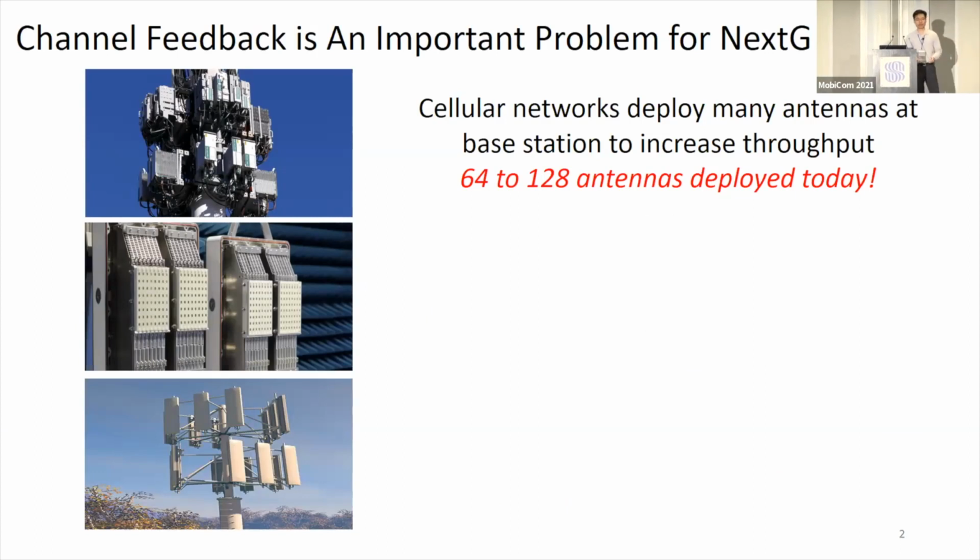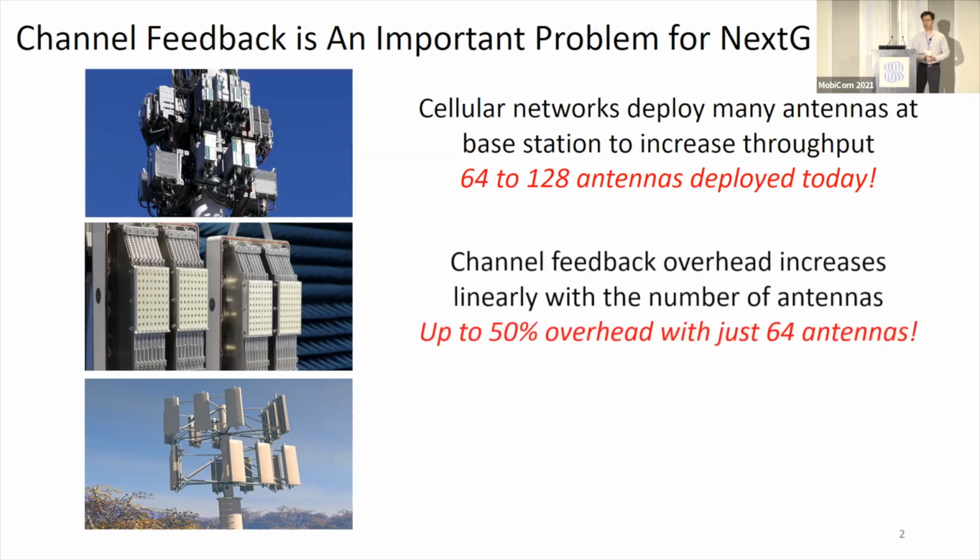Cellular network operators today have deployed more and more antennas at their base stations in order to increase the throughput. For example, Verizon has already deployed 64 to 128 antennas at their base stations. However, with an increasing number of antennas at the base station, the channel feedback overhead also increases. In fact, it increases linearly with the number of antennas at the base station. With just 64 antennas at the base station, this channel feedback overhead can be as large as 50% of the